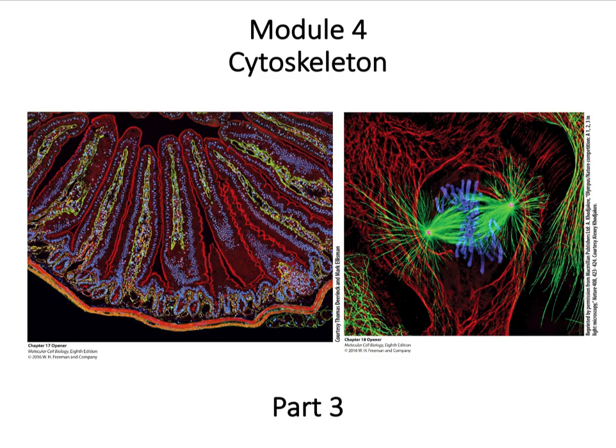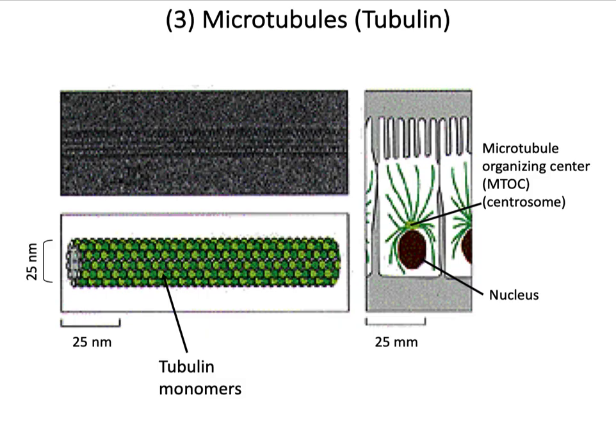Module 4, Part 3. In this part, we will begin discussing the third type of cytoskeletal filament, and that is the microtubule. It is made up of tubulin monomers. You will remember that I told you that these are the largest of the three filaments, about 24 to 25 nanometers in diameter. They are hollow or cylindrical in shape and very rigid as compared to the other filaments, actin